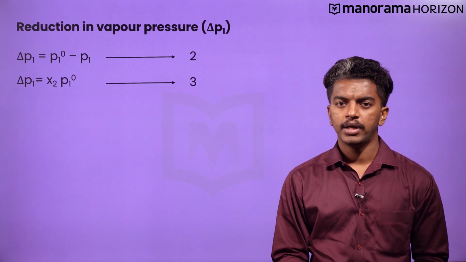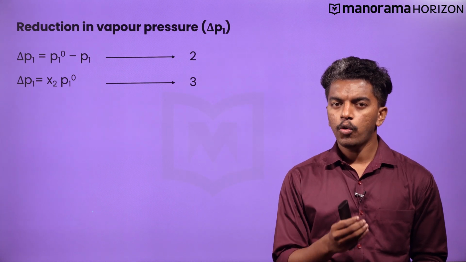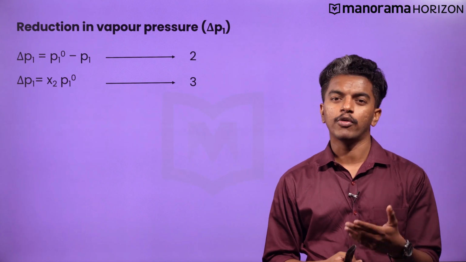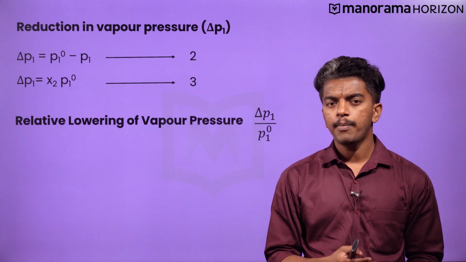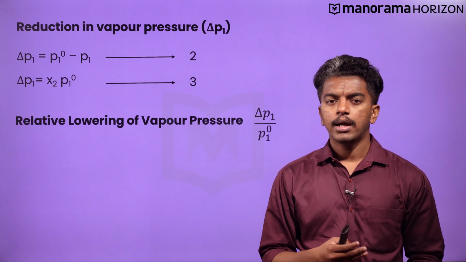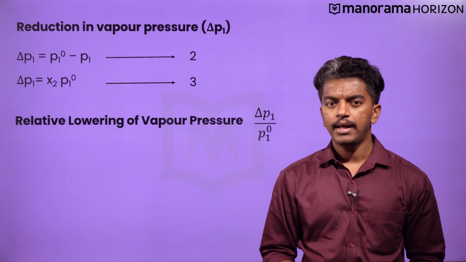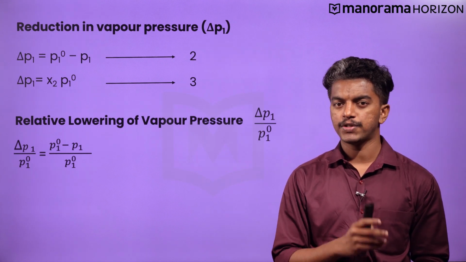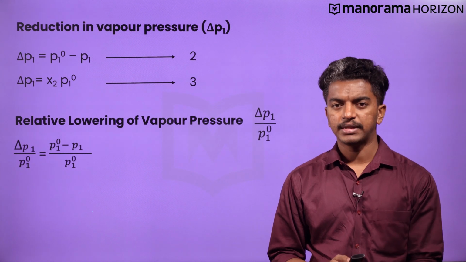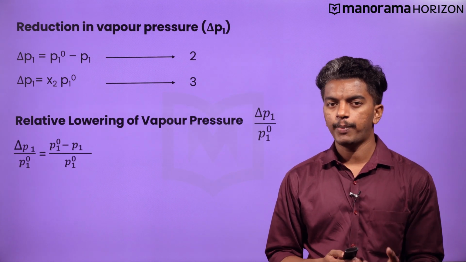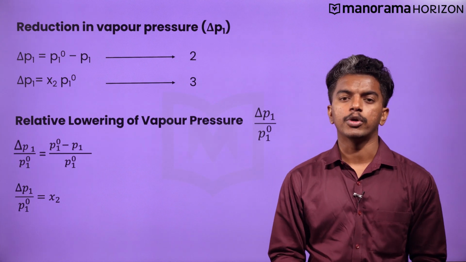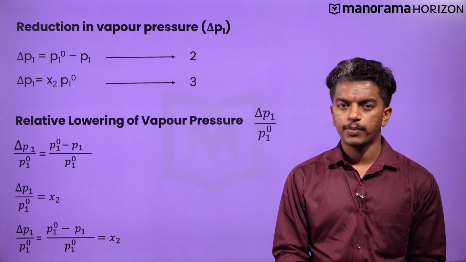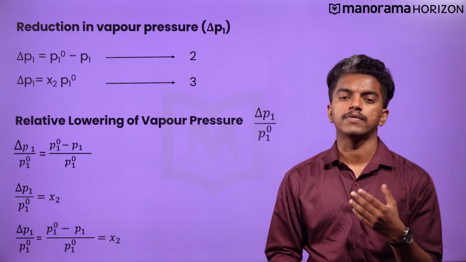Now, we will define the term relative lowering of vapor pressure. The lowering of vapor pressure relative to the vapor pressure of the pure solvent is known as relative lowering of vapor pressure. That is delta P1 by P1 0. Comparing with equation 2, you may write delta P1 by P1 0 is equal to P1 0 minus P1 divided by P1 0. Besides rearranging equation number 3, you may also write the relative lowering of vapor pressure delta P1 by P1 0 equal to X2, the mole fraction of the solute. This indicates that the relative lowering of vapor pressure depends solely on the mole fraction of the solute, independent of